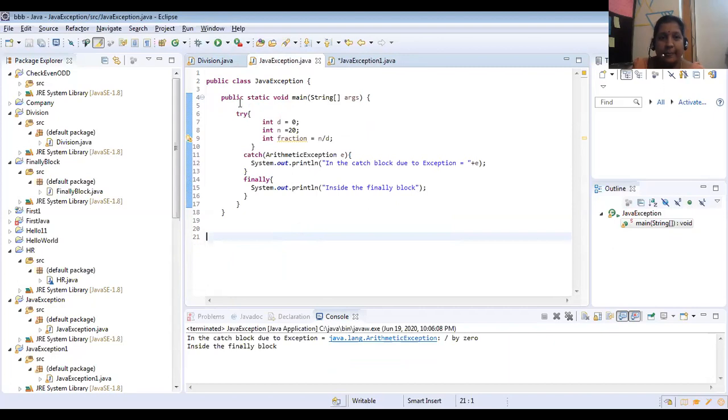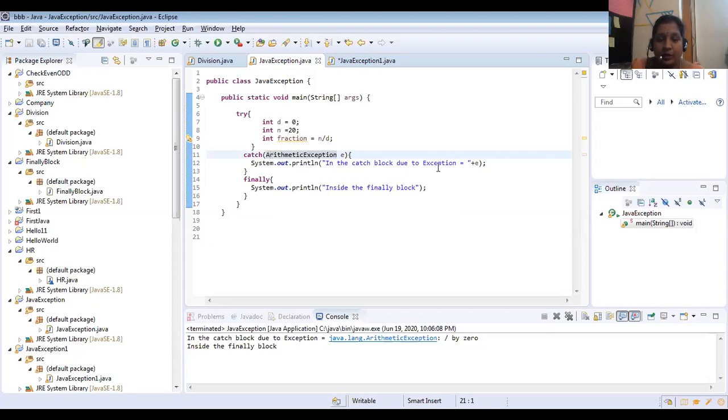You see here the same; in this example only I changed the code and I have shown you. Here also the same: try int d equal to 0, n equal to 20, n by d, arithmetic, catch arithmetic exception e. Why I have taken this example: what is the output in the catch block due to exception, because this is an arithmetic exception and it is handled here.